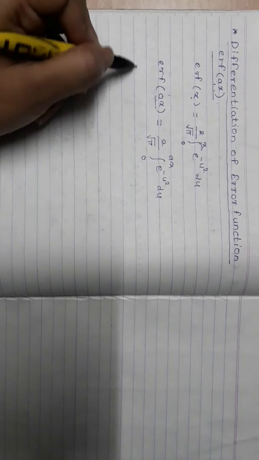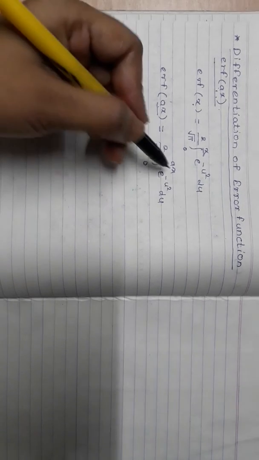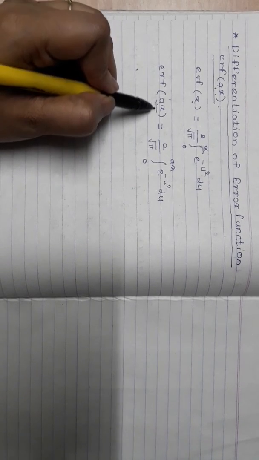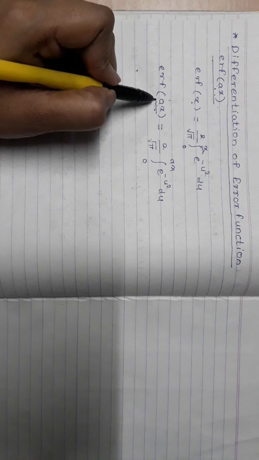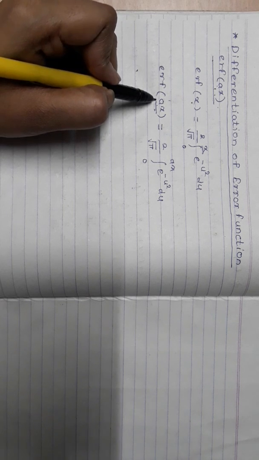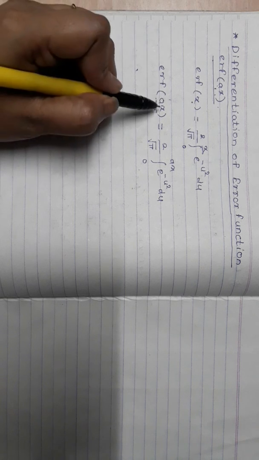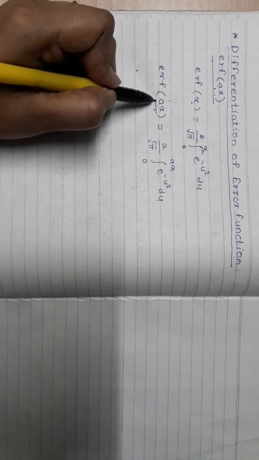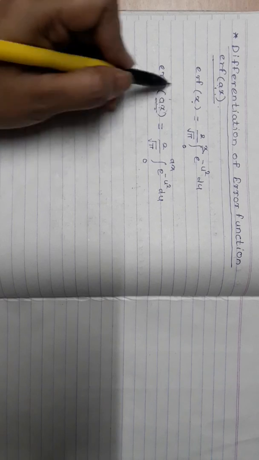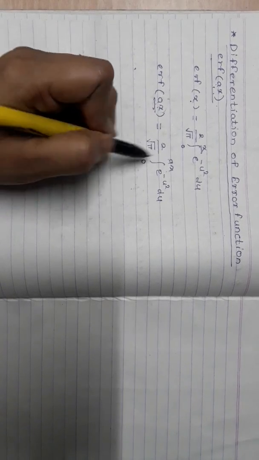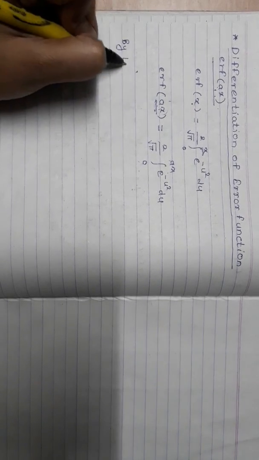Now, to differentiate this, we are going to apply Leibniz rule 2. Why rule 2? Because the limits are a function of this parameter, right? So when I want to find the derivative with respect to x, x is the parameter and a is just a constant. So the same parameter appears here, so this is a function of x, which means I need to apply rule 2, right? So by using Leibniz rule,